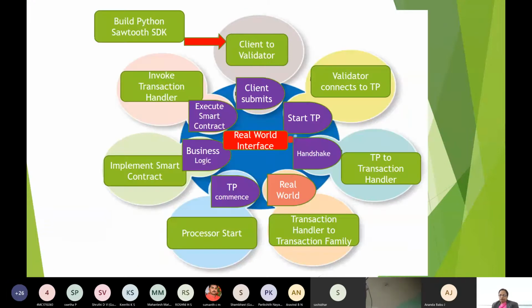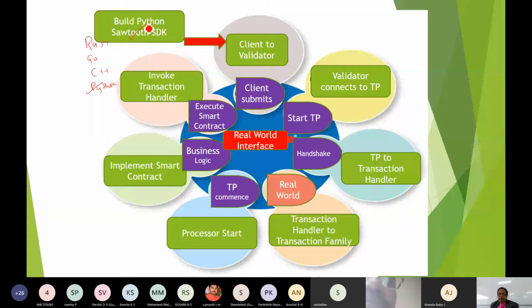Okay, now let me tell the whole flow, how it starts. You would have taken Rust or Go language, or C++, Python or Java. This one I have taken, you will have to build the Python Sawtooth SDK.